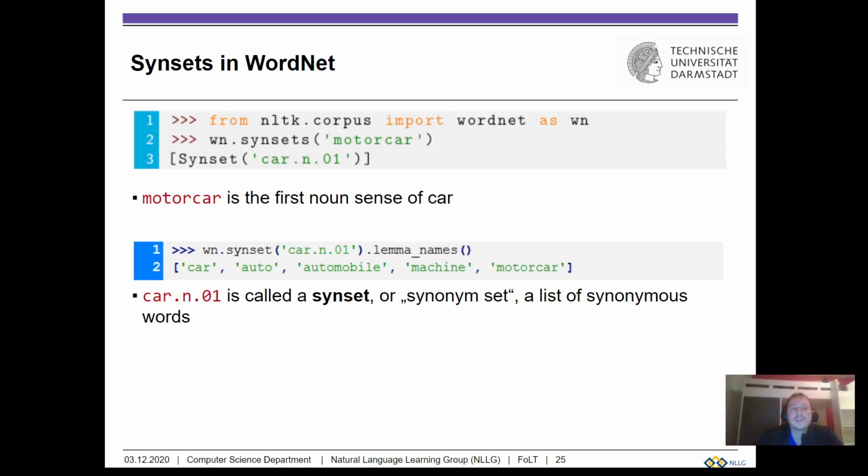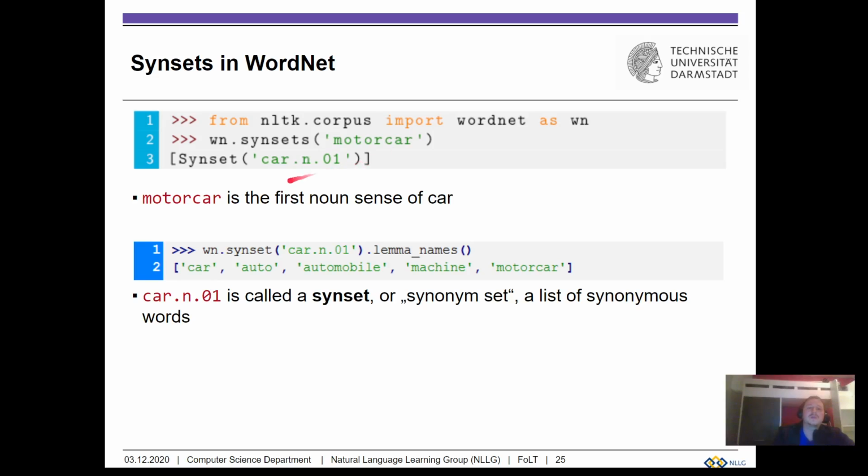If we want to use synsets and WordNet from NLTK, we would do so as follows. We would import from the NLTK corpus wordnet, which is a built-in object in NLTK corpus, and here we use this convenient notation as wn, which allows us to refer to the object in a shorter notation. So if we consider wn.synsets of a specific word, it will give us all the synsets that the word motorcar appears in. So it would give us all the senses of the word motorcar.